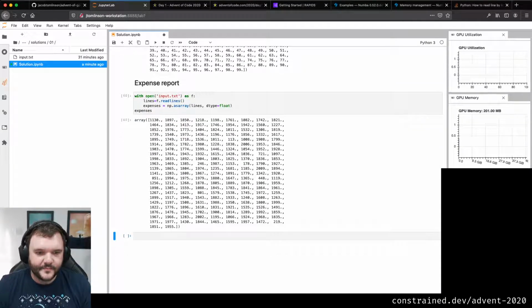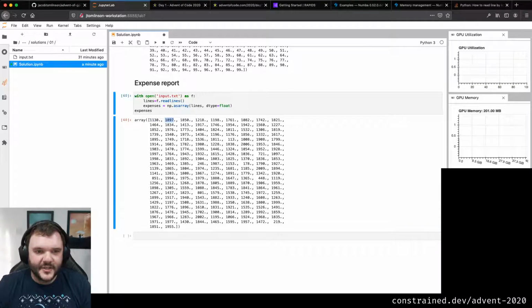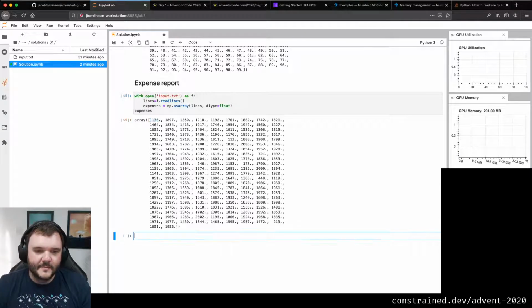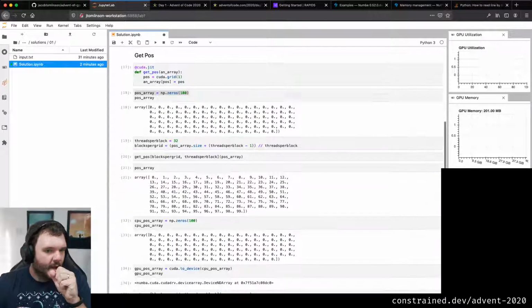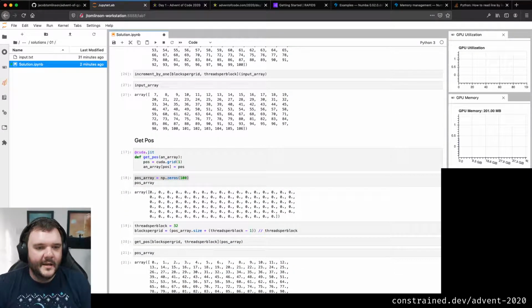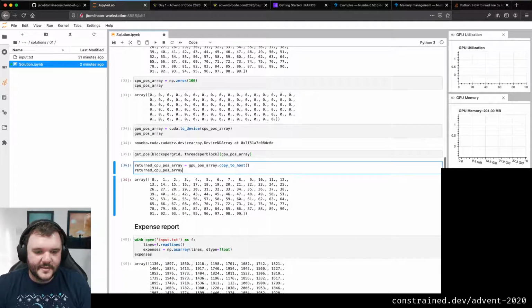My expenses is that. I've read this in. So what I want to do now is write myself a CUDA kernel that's going to work out the answer to this. I'm going to call my function on each of these, and inside that function I'm then going to go over the whole list to see whether any of the other items add up to 2020. One thing we didn't do in our little example before was update an output array. So I might just do that here as well.